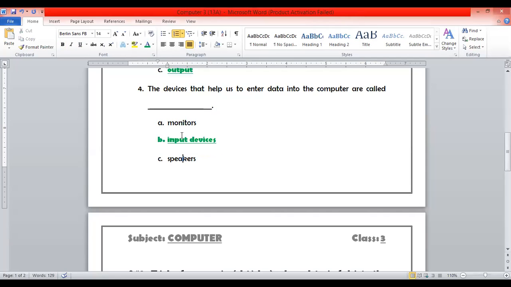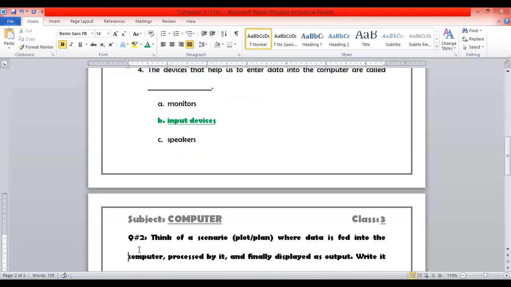Okay, so everybody is done till MCQ number 4. Question 1 is done. Is everybody done with the 4 MCQs? Say yes or no. Yes, sir. Okay, so now we are moving towards question number 2. Question number 2 is saying that